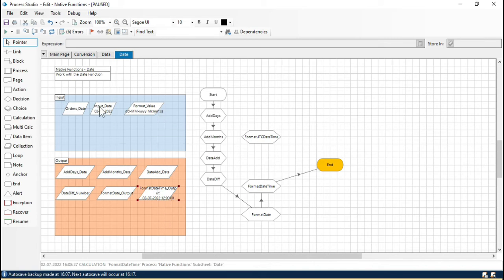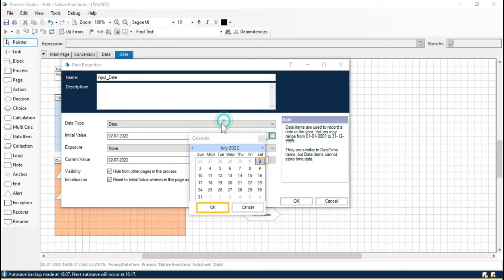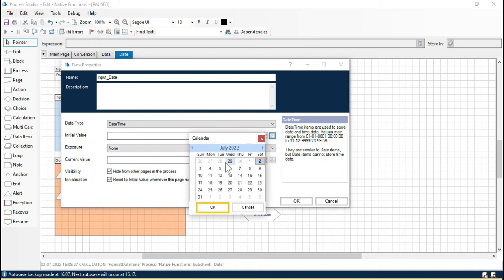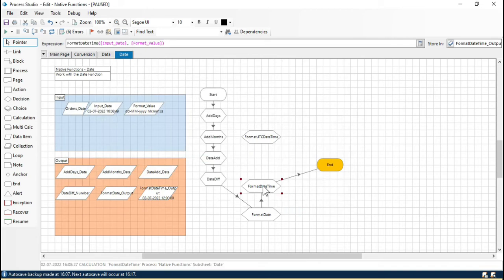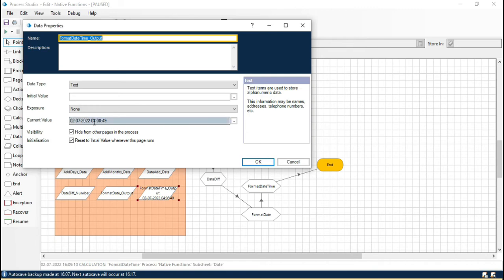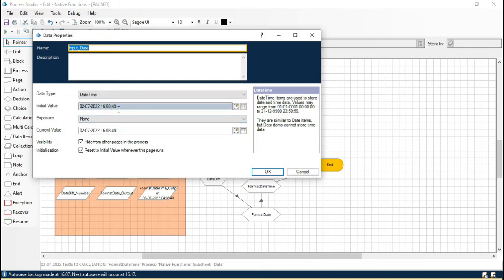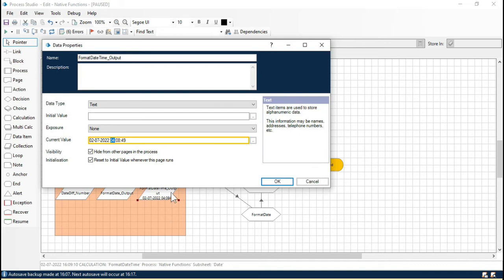So now let me make some changes here, and let me convert this to date time. Because we want a specific date, we'll put this date time, select this here, and then the current time is this, right? Let me copy this here also, right click, set next stage, and now you can see we are getting here 040849, where our input is 160849. It means this is showing us in the 24 hours format, and here we are getting it in 12 hours format, which is